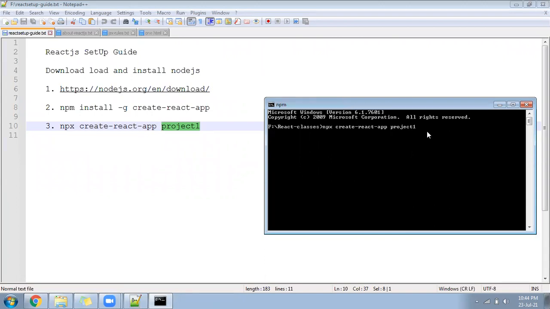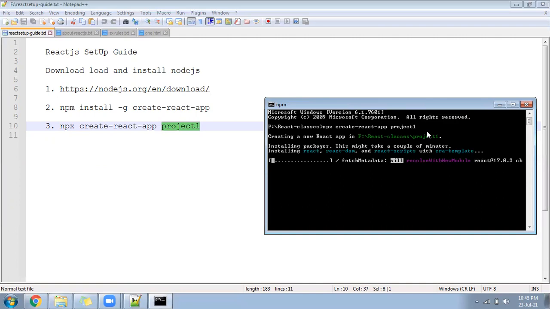Okay, so it may take 2 minutes, 3 minutes, 5 minutes. It may take 15 minutes also on your computer. In case your internet is very fast, it may happen quickly. In case internet is a little slow, it may take some time. The reason is it is going to download a lot of files and folders from the internet, from the NPX, and after that, it is going to set up in your computer all the libraries and multiple default files and the default structure of everything. Okay, so let it go on.